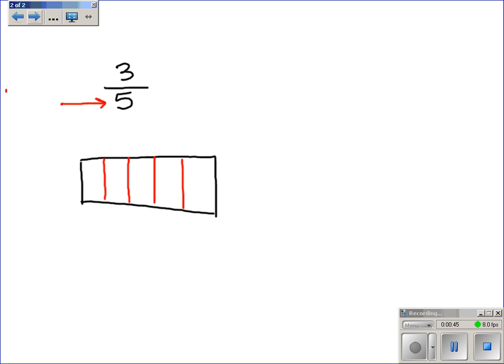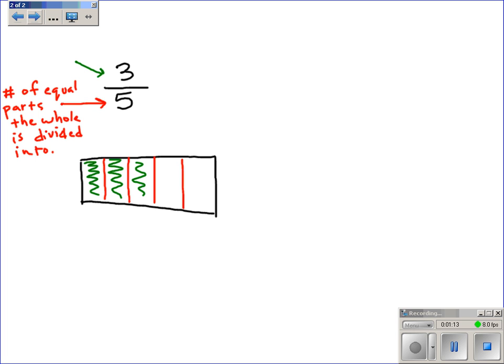Okay? The number of equal parts the whole is divided into. Okay, so the whole is divided up into fifths, and of those parts, I have 3 of them. So I have 1, 2, 3. Number of parts. Okay, so this is the way 3/5 is drawn, and because I have 3 1/5 pieces,